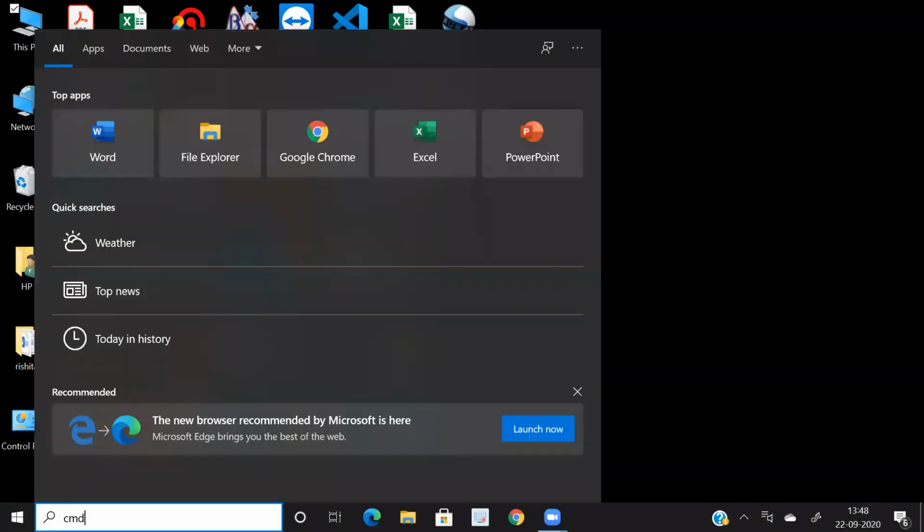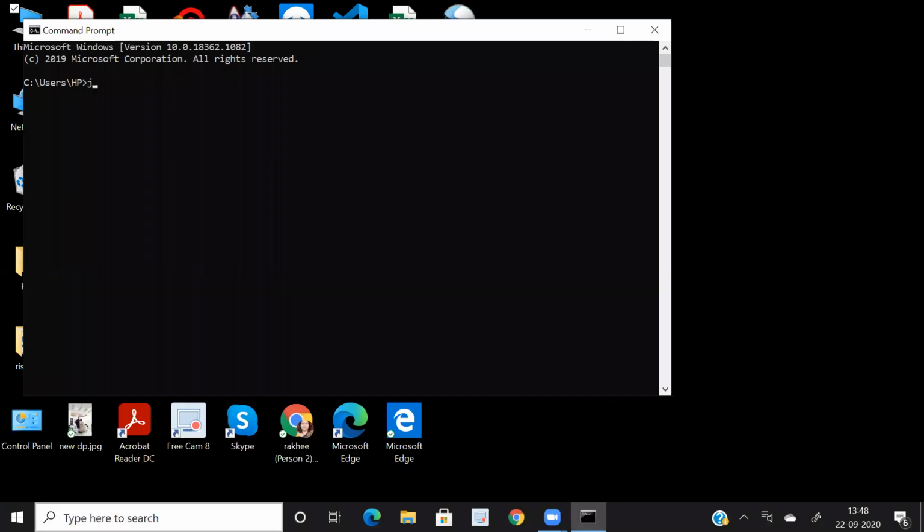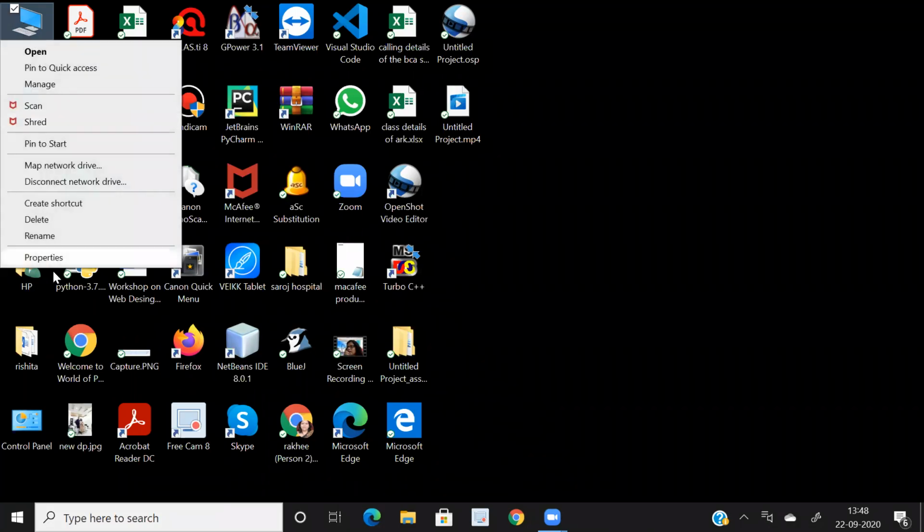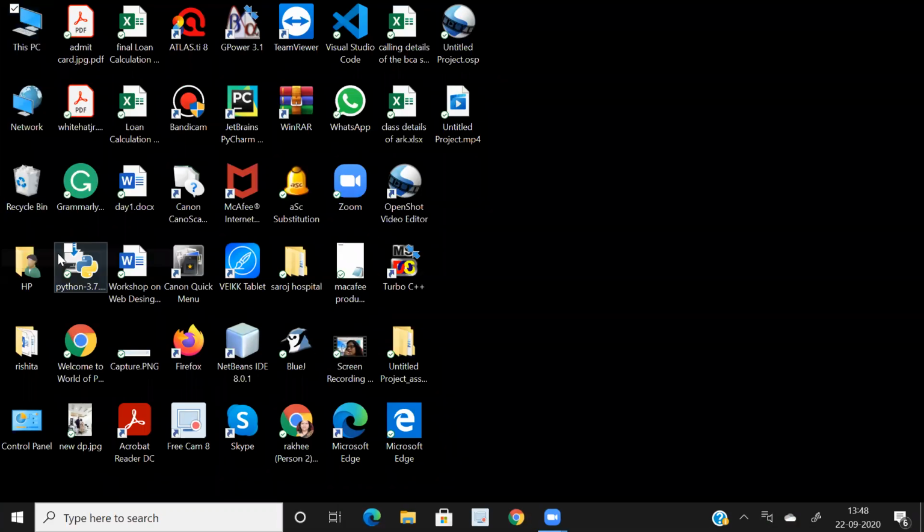Now I will go to the CMD and I will type javac. It will show me that it is not recognized as an internal or external command of our DOS commands. Now I will exit from this place. Now I have to set my environment variable. So I will go to this PC and right click. It will show the context menu. From this context menu, I will select properties.